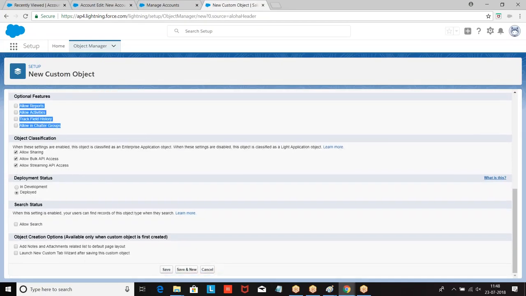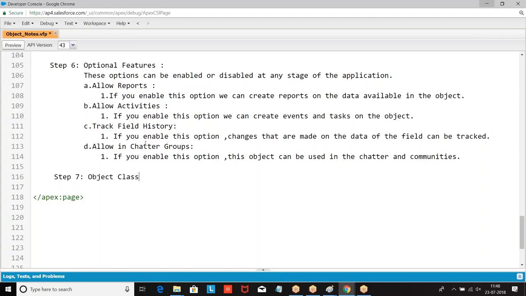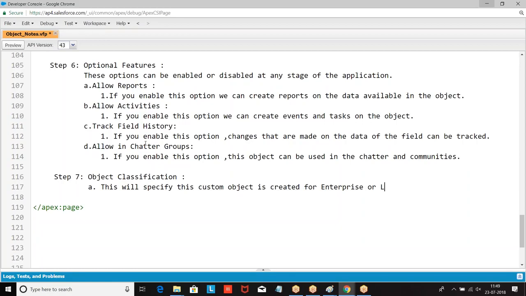Now, what is option number 7? Object classification. Is this object accessible for Lightning or Classic? This specifies whether this custom object is created for enterprise or lightning.